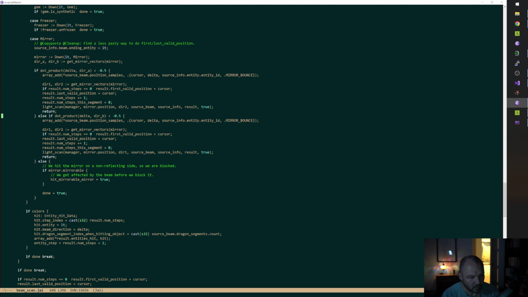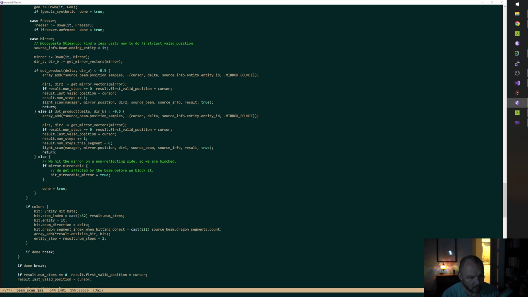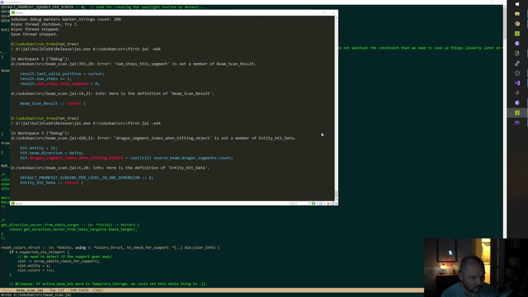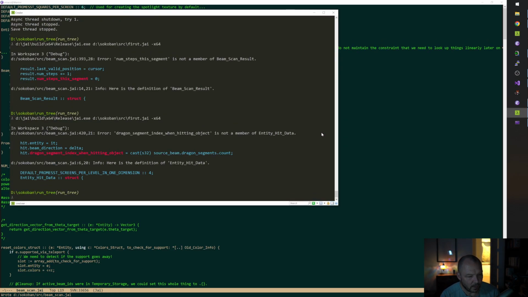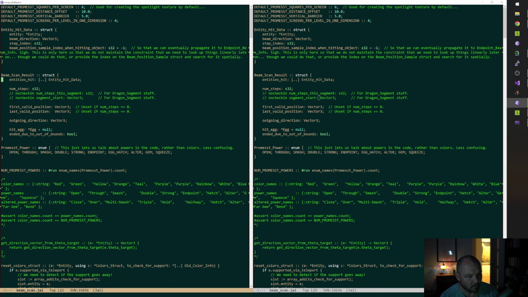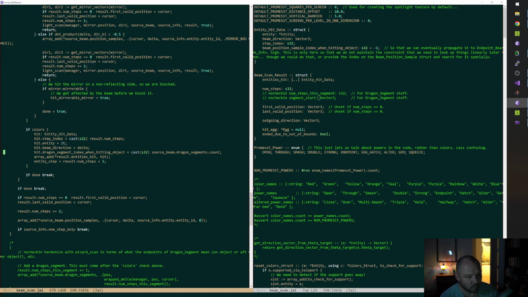Oh. Dragon segment index when hitting object. Yes, we changed that. It's called beam position sample index.